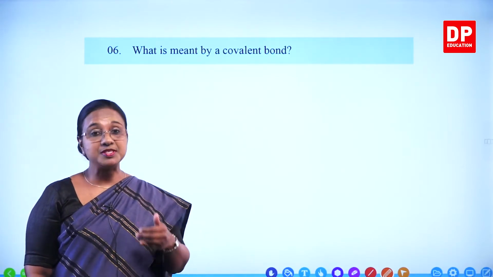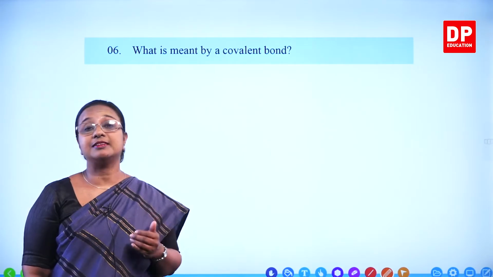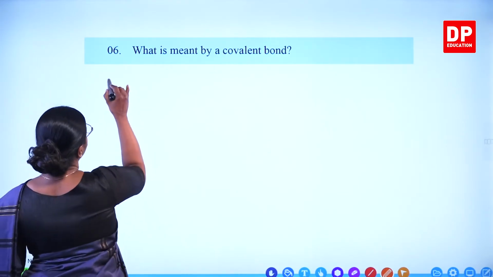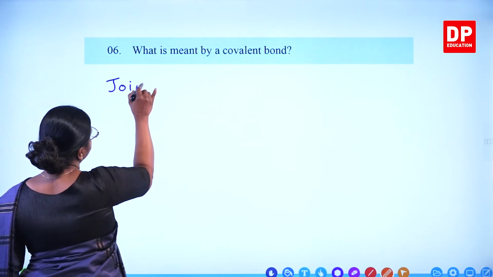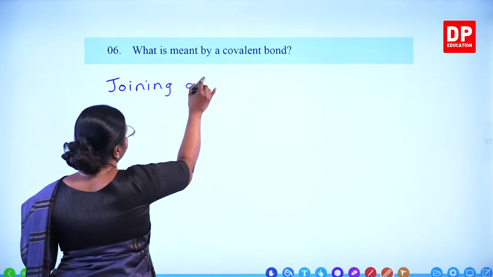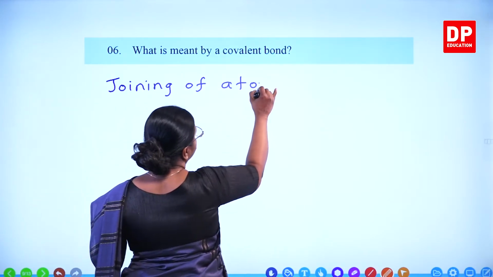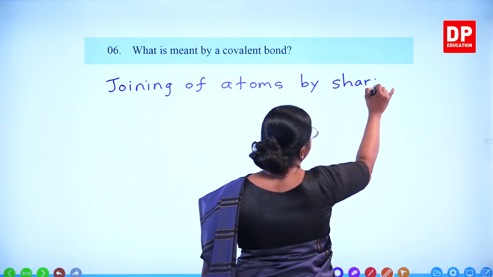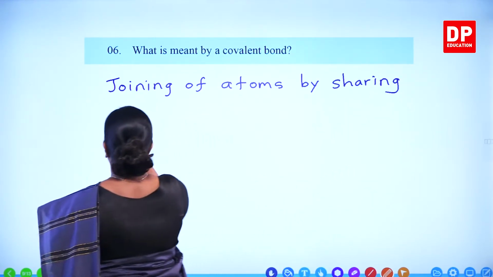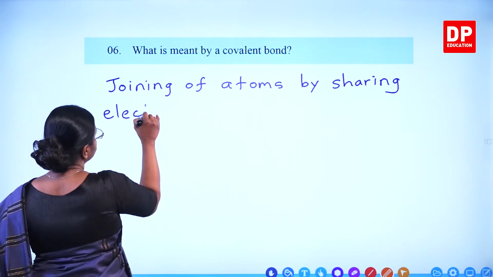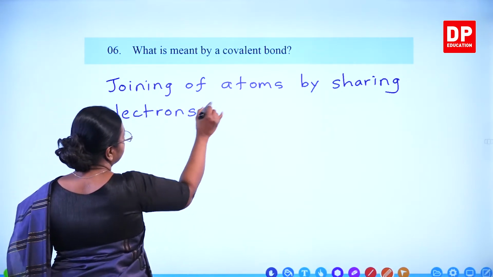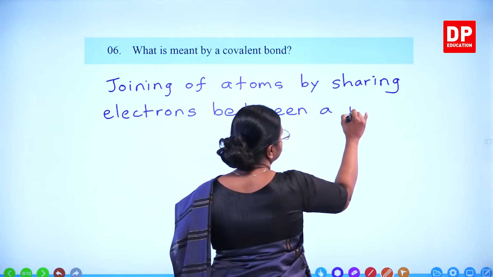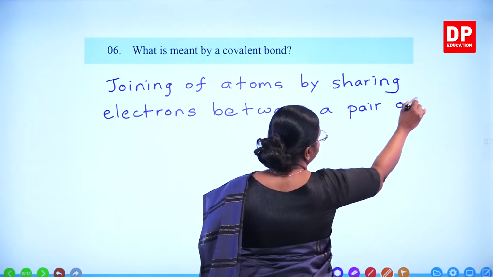Joining of atoms by sharing electrons between a pair of atoms. So that is a covalent bond. So we can write that down. Joining of atoms by sharing electrons between a pair of